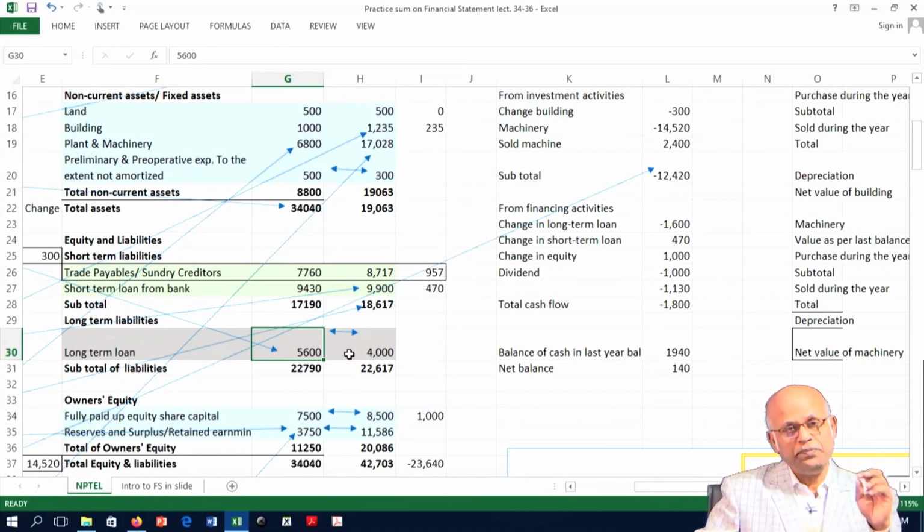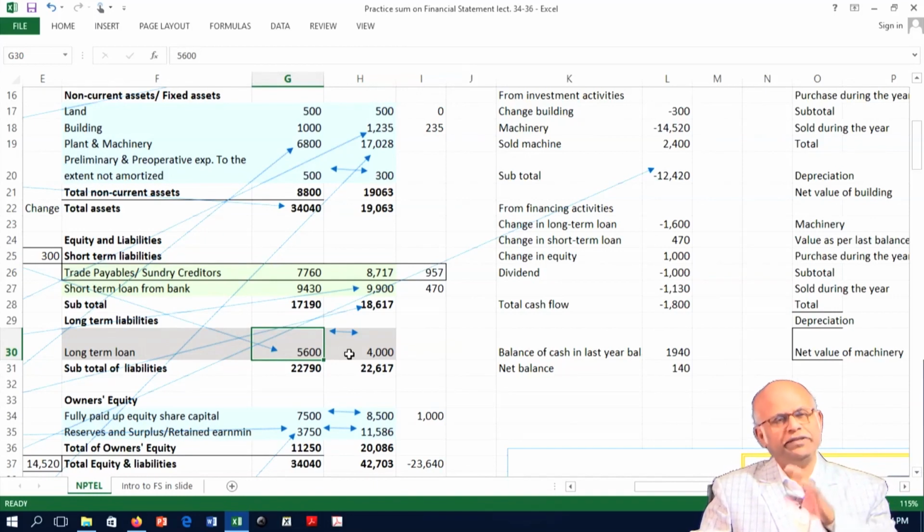It is to be repaid preferably by equated installments, maybe over a period of 3 years, 5 years, 7 years. At some time it becomes 10 years,